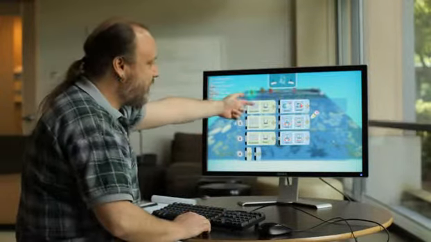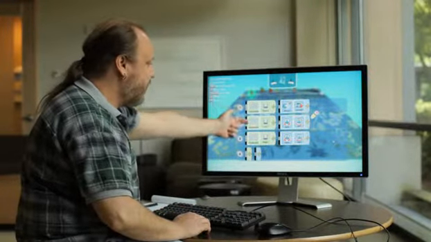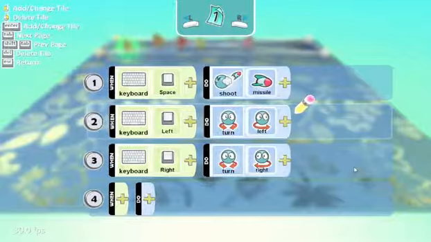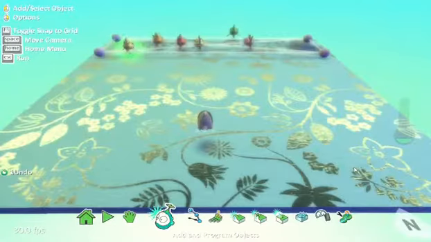So when the space bar is hit, we shoot a missile. When the left arrow is hit, we turn left. When the right arrow, we turn right. Escape gets us back out of the programming UI, and